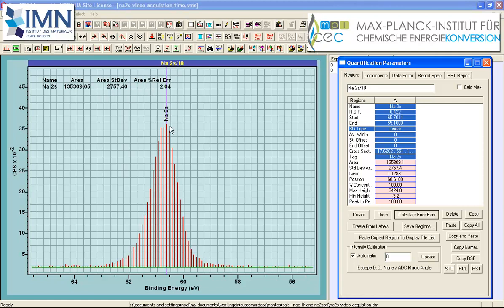So we can see that the calculation of this sodium 2s photoemission line, the area is in error by about 2% if we calculate the area based on these parameters as defined. An error of 2% is a consequence of using a linear background with an average width of 0 for these